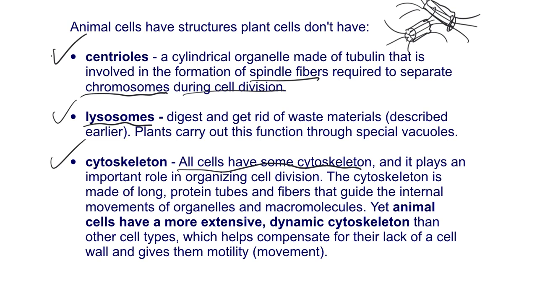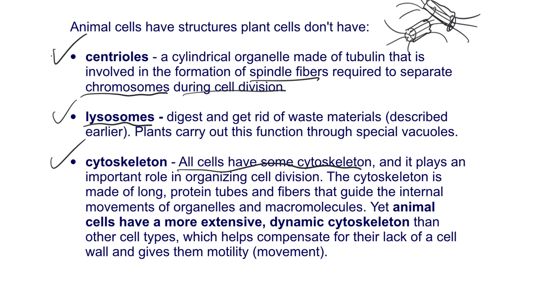But animal cells have a very thick, complicated cytoskeleton because they don't have a cell wall to give them shape, or there's nothing to prevent all the organelles from gluming up together on one side of the cell. If you didn't have a cytoskeleton, that prevents it